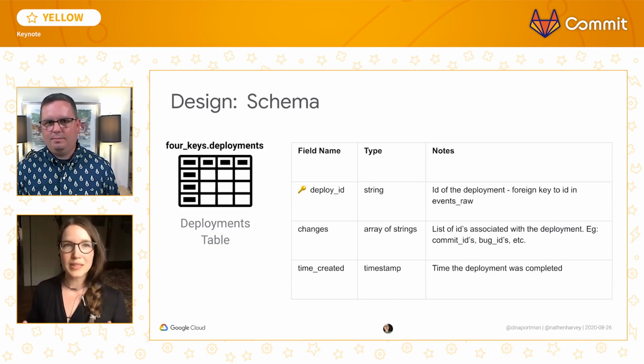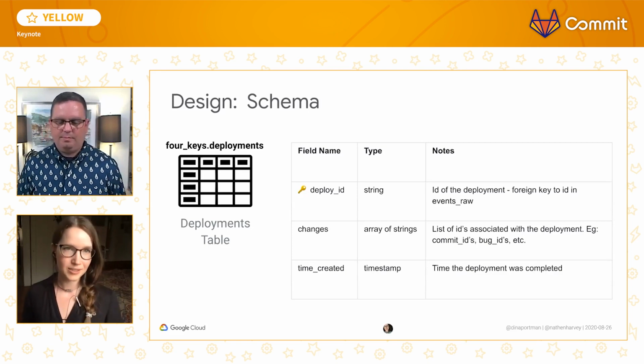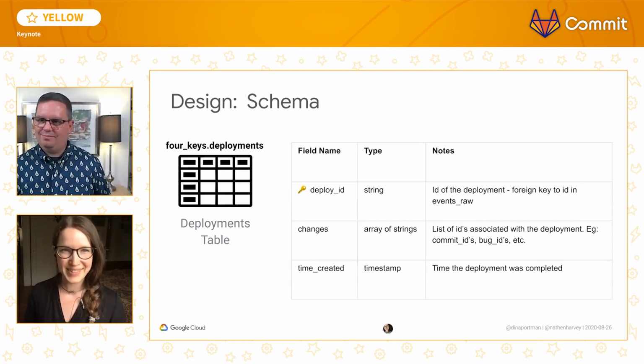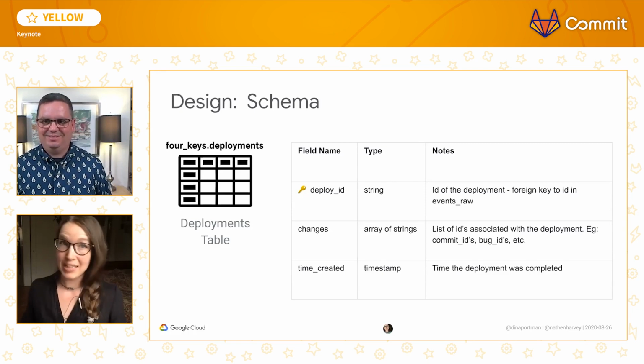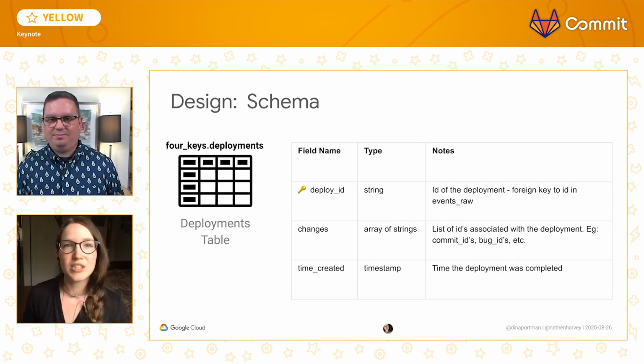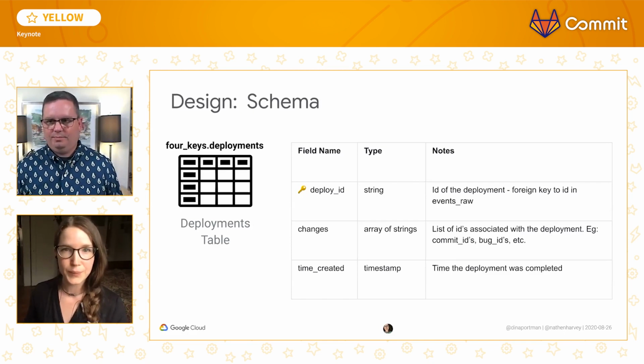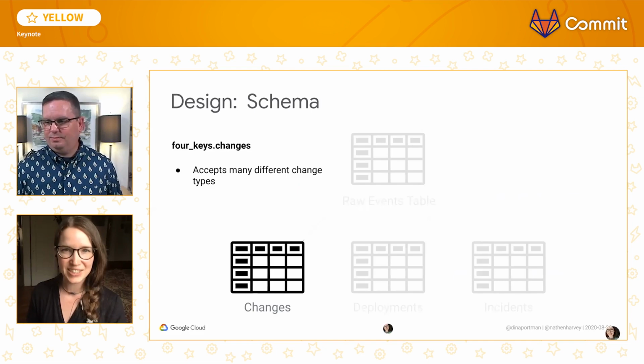Remember, this is supposed to be a list of the successful deployments. How does your business define a successful deployment? Let's say it's when your software reaches the customer. How many customers? 10%? 80%? And that might change over time. So the list of changes is also important in this table because we'll need it to calculate all of the metrics later.